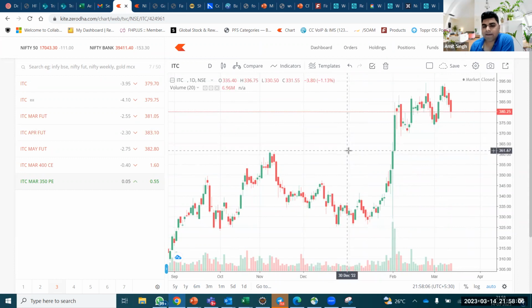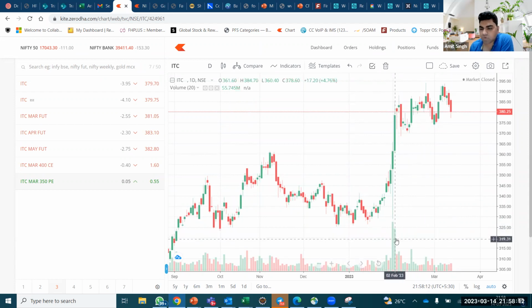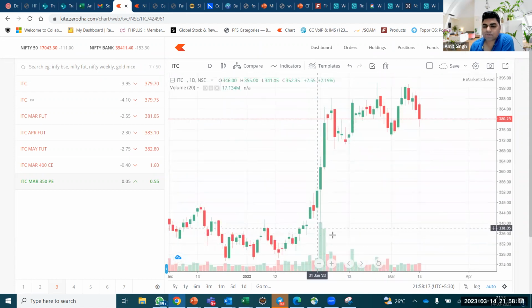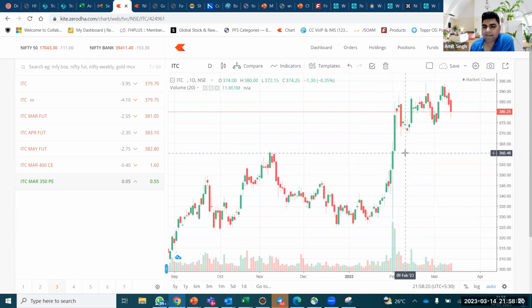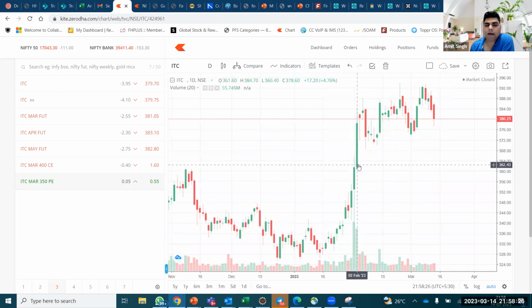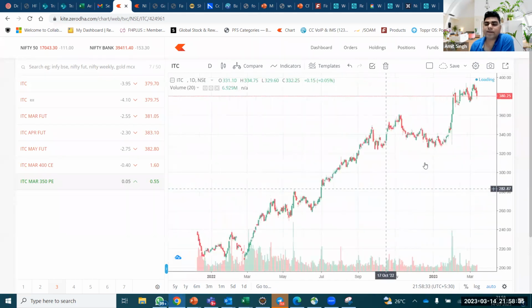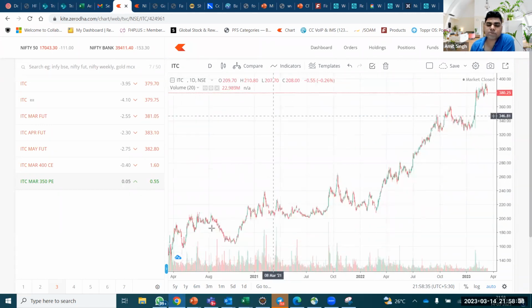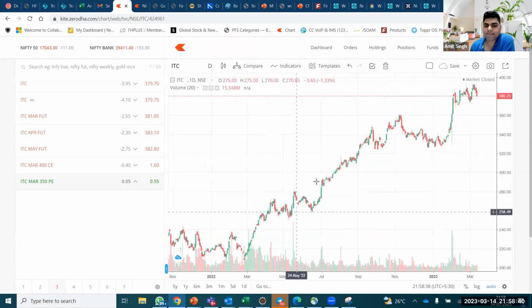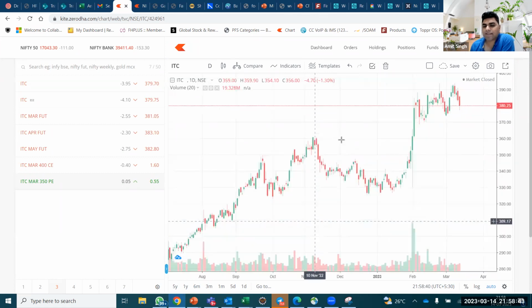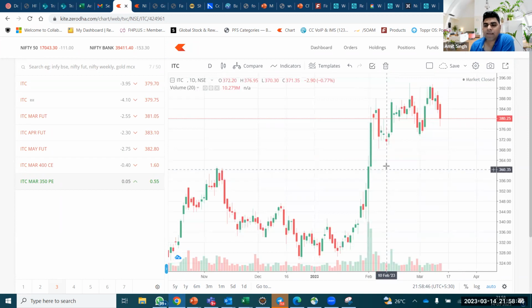Now, what is the highest? Earlier, this highest was 360. But you see, this is called a breakout with huge volumes. Look at the volumes. This green candle in the low tells you what was the transaction size. So a lot of buying happened here and ITC gave a breakout here above. And this candle is a big footprint, which means buyers entered here and took the prices all the way up to 377. So 360 was the all-time high of ITC. You can go back for as long as you want to see. This was never breached. Yes, it was attempted once in November, and then the prices had gone all the way to 325. Here 360 was breached.